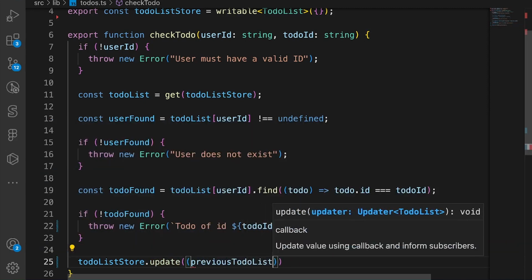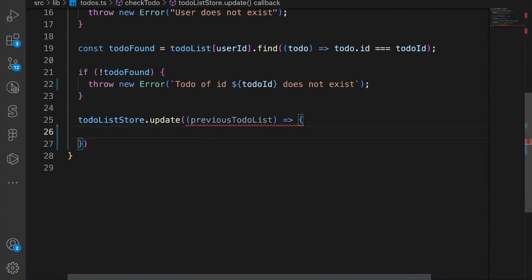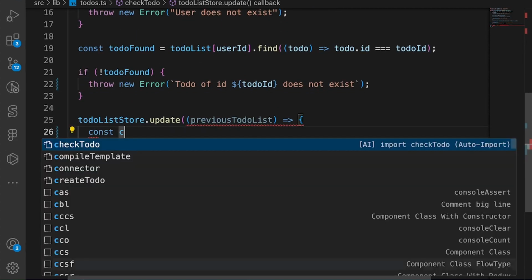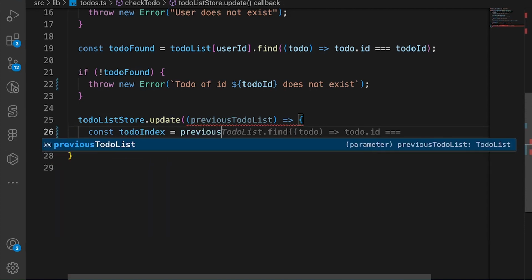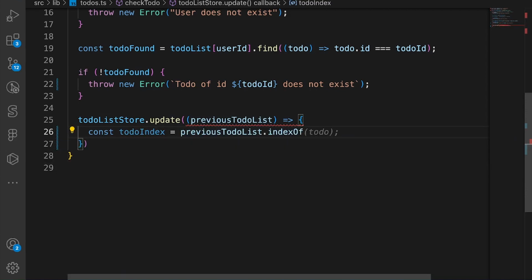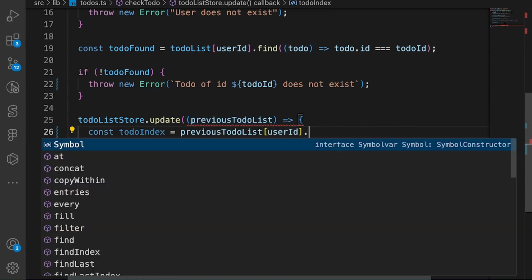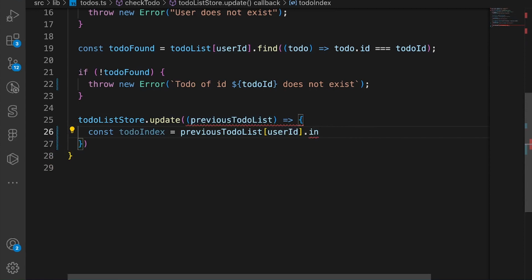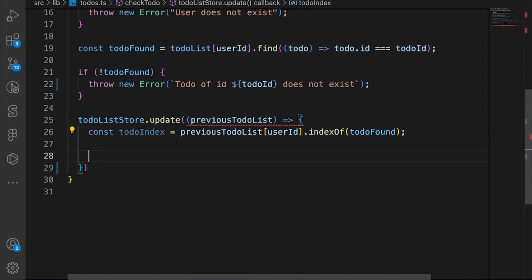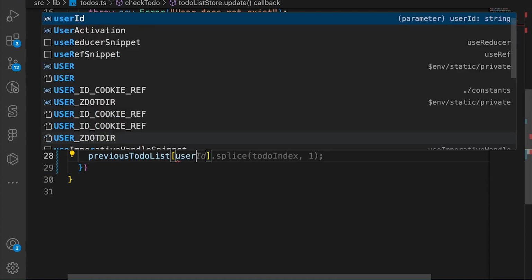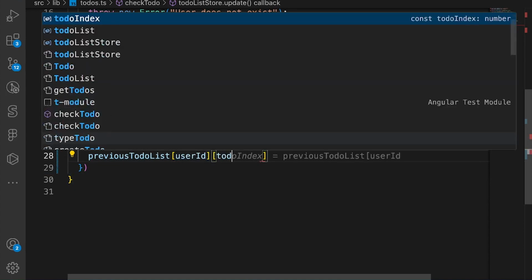previousTodoList, and we say const todoIndex is equal to previousTodoList dot indexOf, oh wait, no, we say previousTodoList of userId dot indexOf todoFound, and we say previousTodoList userId, and we say todoIndex